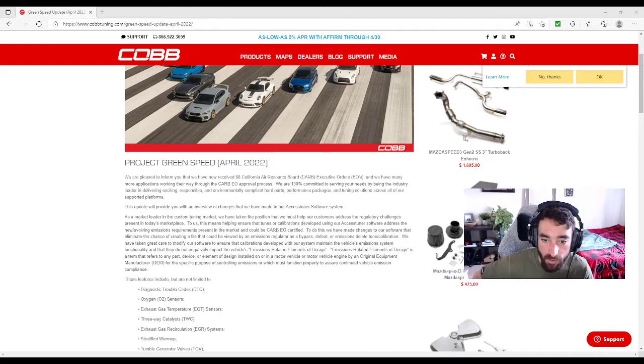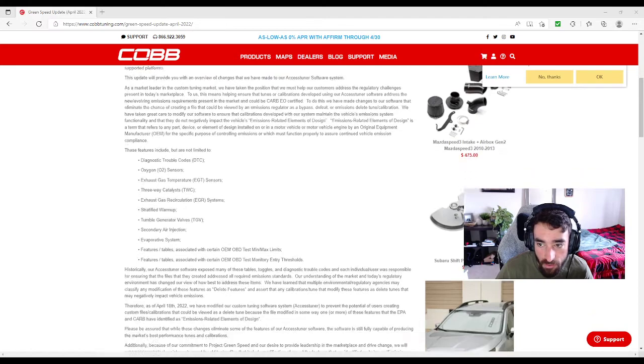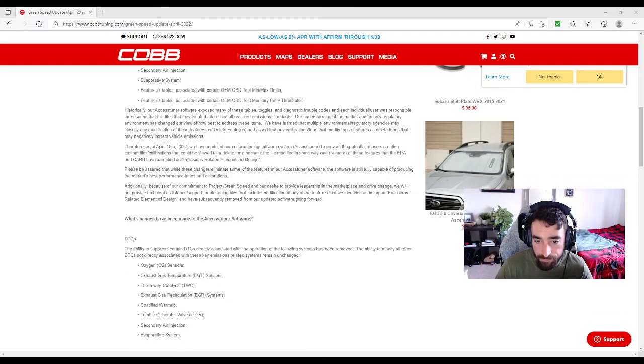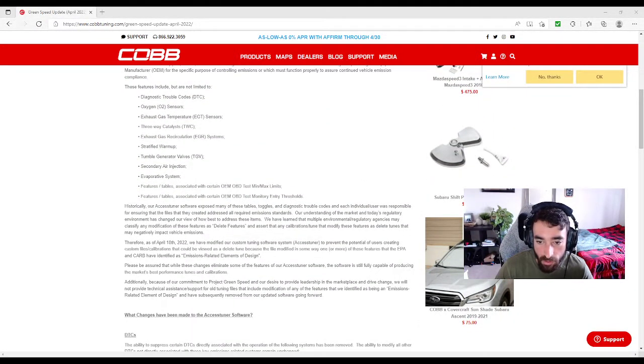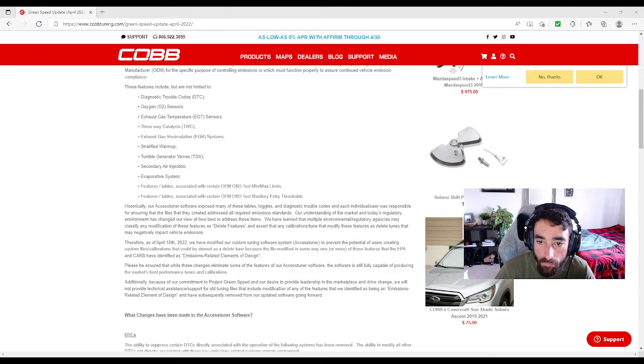So yeah, basically they're making it to where anything for emissions, like check engine lights and stuff, that way we are able to get rid of the check engine light, they're making it to where we can't do that. The tuners can't do that. So it is really going to affect our Cobb tuners we have out there, which is pretty sad because that's how they make a living, you know. So let's just go over